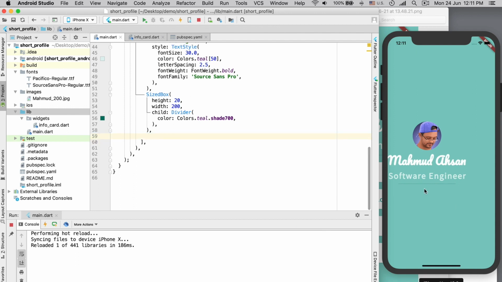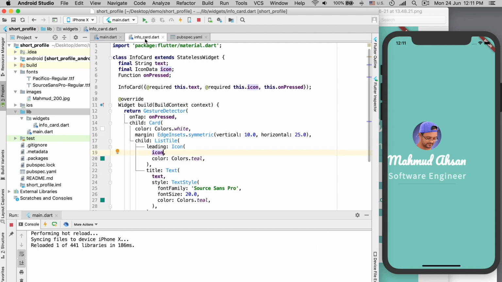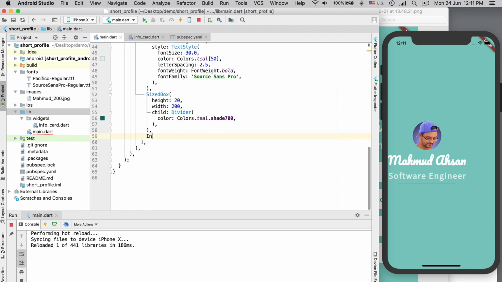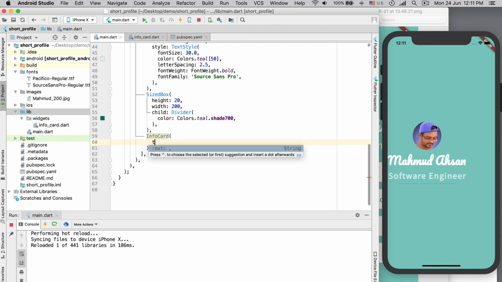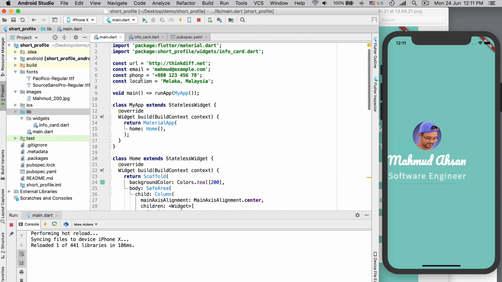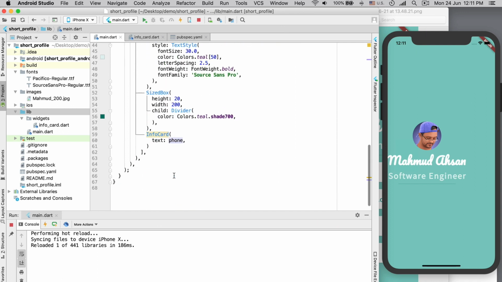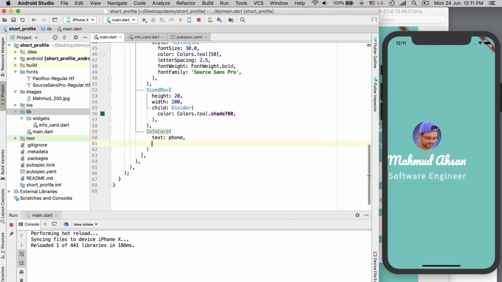Now there is nothing in here. Okay, so let's add our first widget, that info card. So I will type info card, and the first 2 parameters are required, so we have to pass them. So the text is the phone number we defined as a constant in here, the phone. So in the first card widget we are passing this phone, and as an icon we will pass icons.phone, and